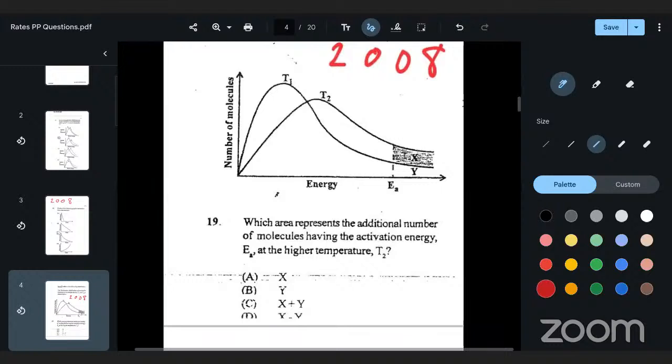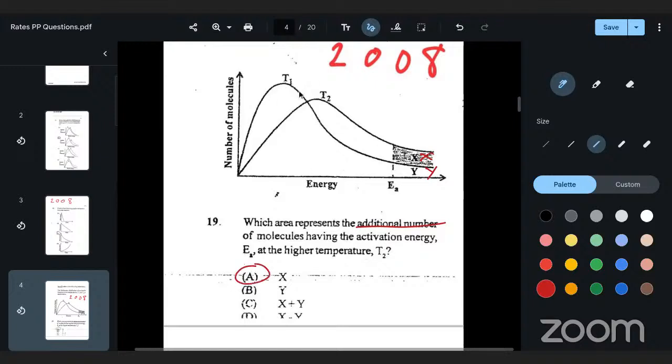Right, I will give you a chance to answer this. So, what do you think it is? It says which area represents the additional number of molecules having the activation energy at a higher temperature T2. So here is X and down here is Y. So which area represents the additional number of molecules having the activation energy? X, sir. X is correct